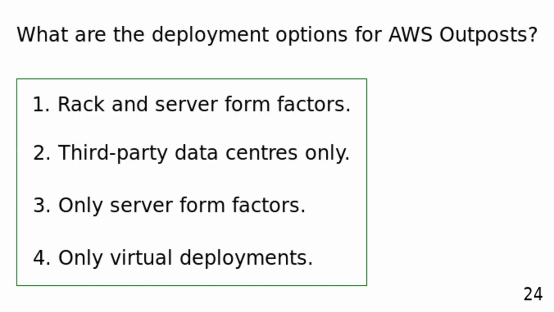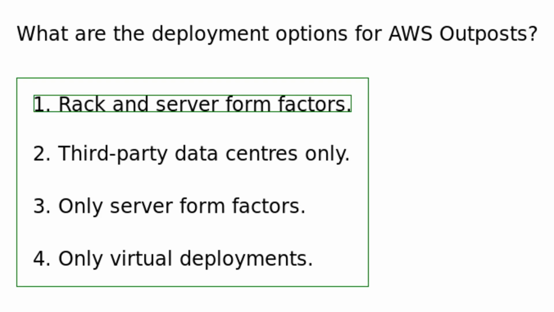What are the deployment options for AWS Outposts? Rack and server form factors. Third-party data centers only. Only server form factors. Only virtual deployments. AWS Outposts can be deployed in both rack and server form factors, allowing flexibility in how the service is integrated